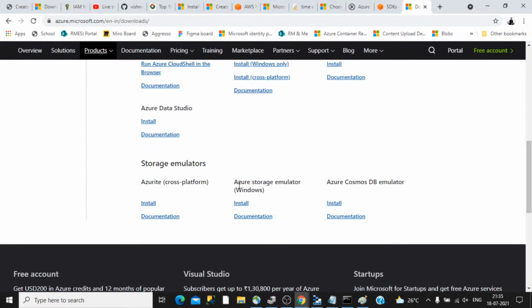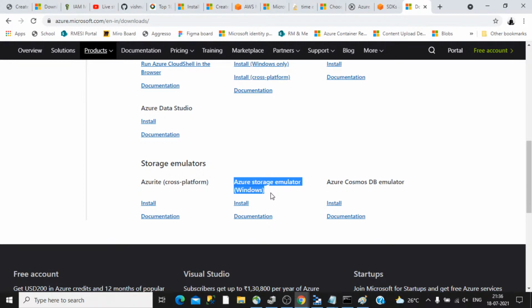The need for an emulator is also worth discussing. Sometimes what you are developing uses Azure storage. For example, if your application is storing some files in Azure storage, doing some processing and retrieving the processed file back, it will be difficult if you always connect to Azure and debug every time. So the better way is to install the Azure storage emulator, which is installed by default as part of Visual Studio. Then the next step is you can do a local debug, and it behaves the same way as cloud storage.